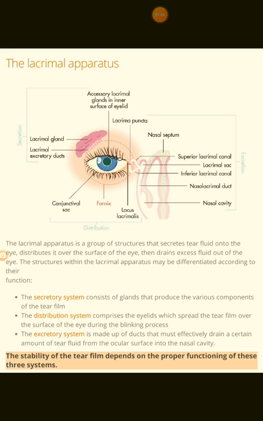So the tears leave these lacrimal glands through certain ducts which are associated with the lacrimal gland. You can see in the figure they are called lacrimal excretory ducts, and then they pass over the front of the eye under the lids toward the medial canthus of the eye, and then drain into the two canaliculi. You can see superiorly there is a superior lacrimal canal, and inferiorly there is an inferior lacrimal canal. Both these canals are called superior and inferior lacrimal canaliculi.